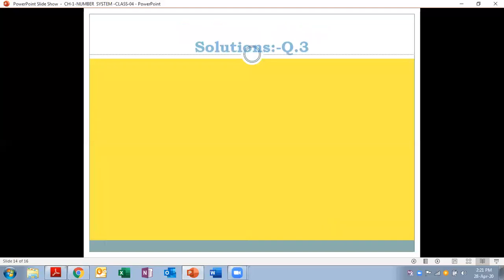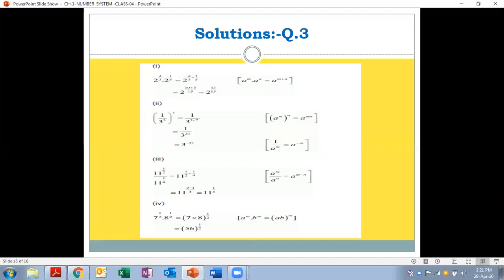Now we have the solution of question number 3, and in this case again there is the application of identities in all the 3 parts. In the first part, we can see that the powers are in rational form and the powers are added, and this is also a fractional addition, and we got the answer 2 to the power 13 upon 15. Now in the second case, the identity that we have used is power raised to the power, then we multiply the powers. This is the same with the denominator. So 3 is multiplied with 7, and 1 raised to the power 7 will be 1 itself.